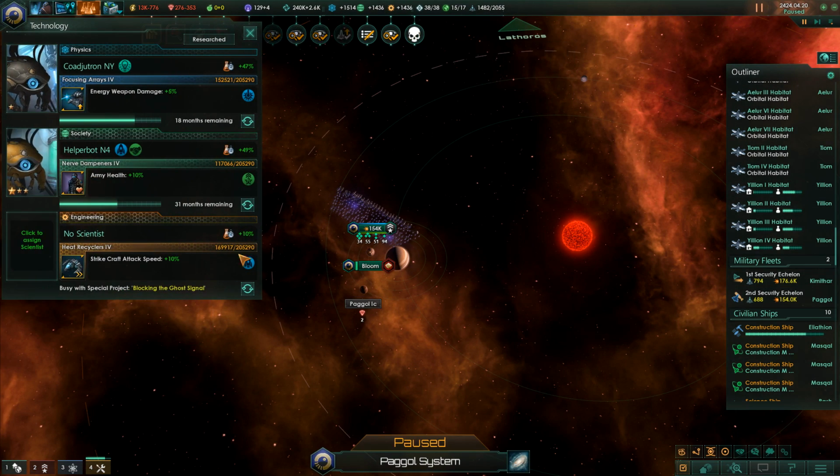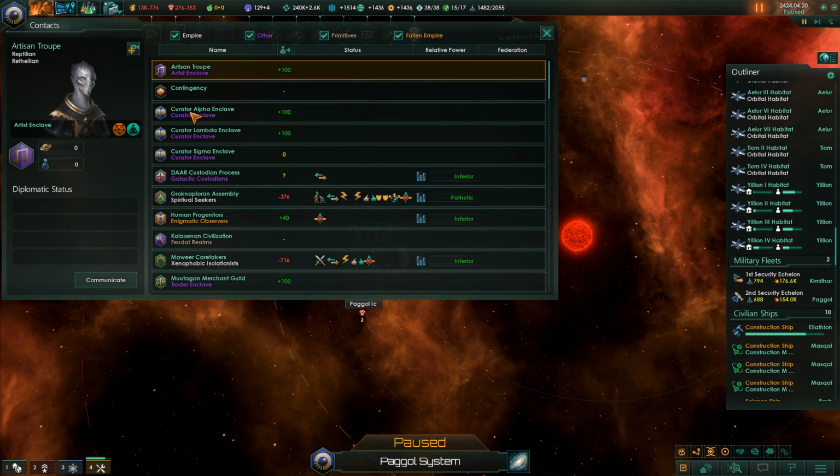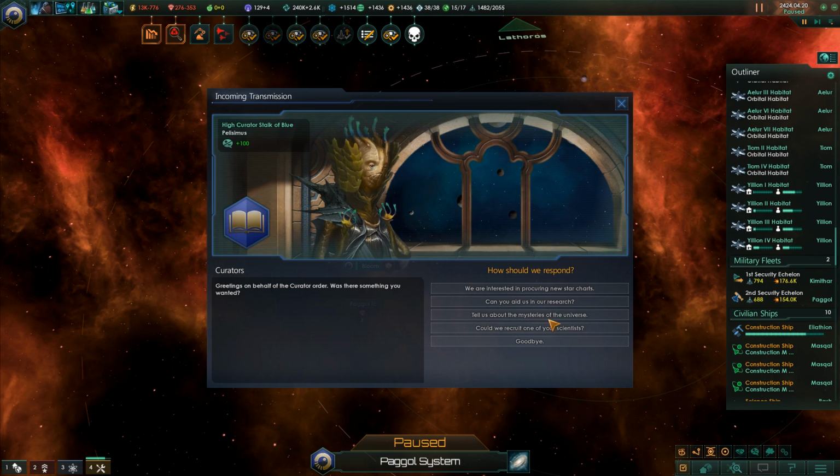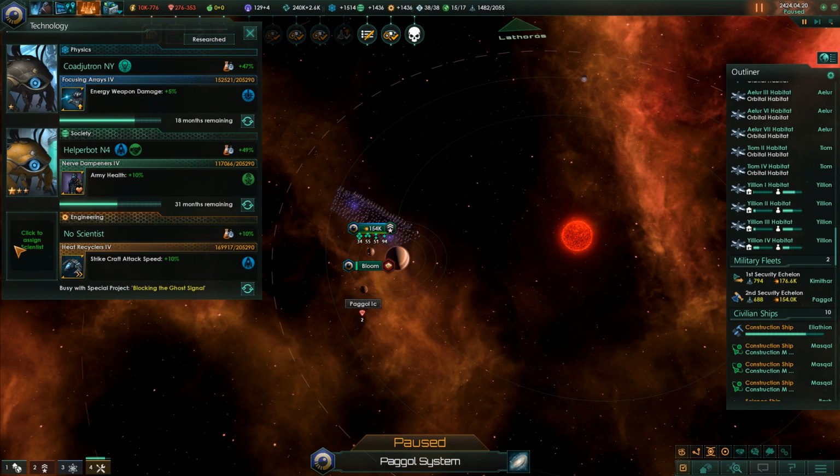Hang on. Professor Zarg died. Oh, that's not good. Hang on. Hold that thought about what I was doing. I will explain in a second. But we need to talk to the Curator Alpha Enclave. We need to recruit one of your scientists. Of course, you shall have your donation, because we need